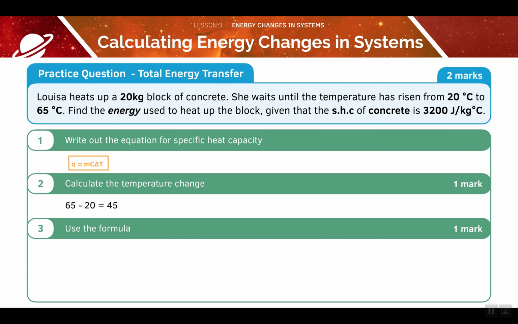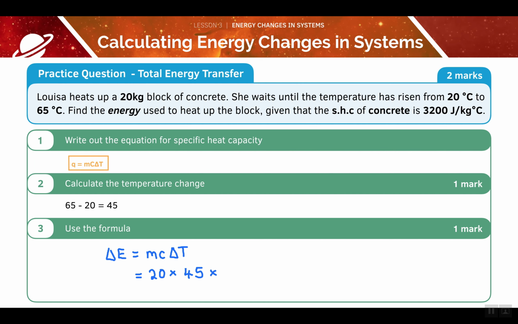Finally, we can use the formula. We now have all the numbers that we need, so we can simply substitute them into the formula. When we give our final answer, it may be more appropriate to give the units in terms of kilojoules. So here, we'll do our delta E equals mc delta T to remind ourselves of the formula, and then we'll just substitute the numbers in, so we'll put 20 times 45